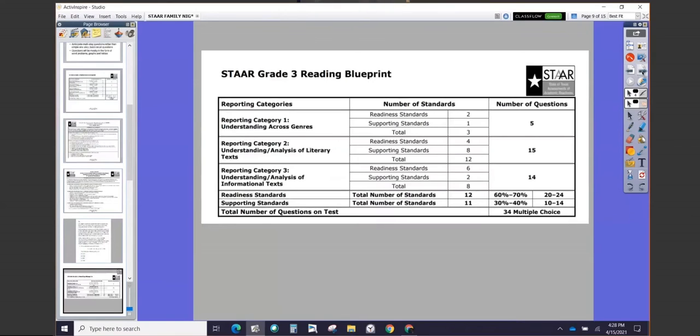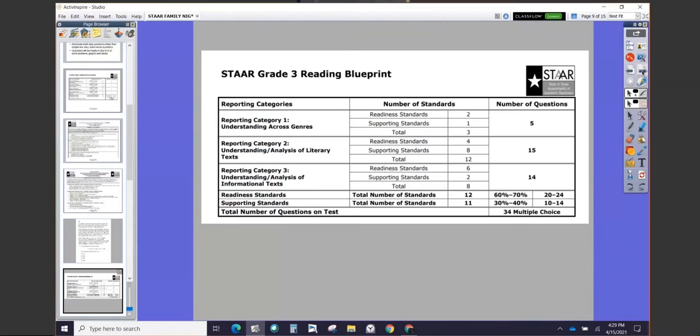This is broken up into 3 categories for reading. The first is understanding across genres, which is the different types of reading, which is your fiction, your made-up stories, your nonfiction, your biographies, autobiographies. There are 5 questions from that category. Category 2 has 15 questions, and that is digging deep into their reading and understanding and analyzing the actual text. It's not basic recall anymore. And then even further into the informational text, there are 14 questions in category 3 for a total of 34